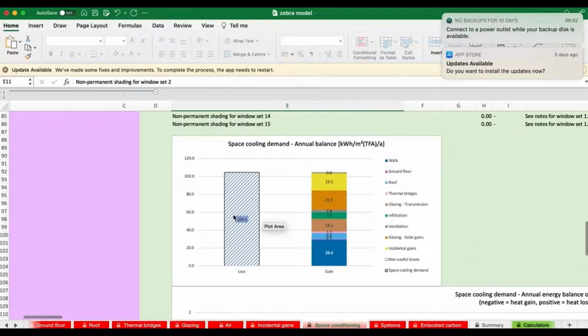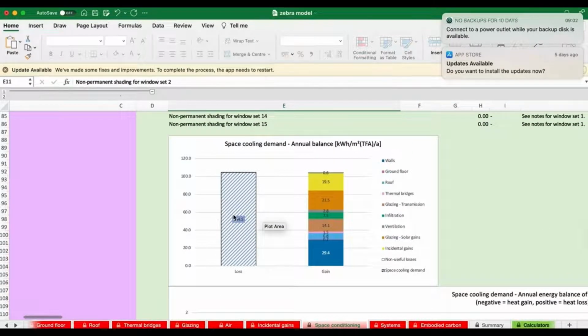Now, those losses are transferred into gains. So the walls are actually pulling in heat from the outside world and causing the building to overheat. And if you remember, the only important gains that we had when we cooled to 30 were the solar gains and the incidental gains. Now they're actually smaller than the other gains, and that big dominant one is definitely U value of the walls.